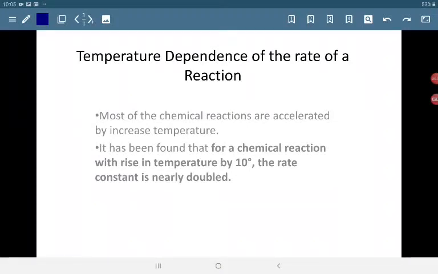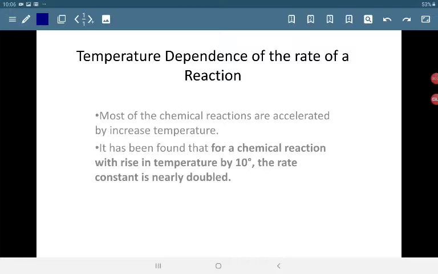Today you will study about temperature dependence of the rate of the reaction. Most of the chemical reactions are accelerated by increasing temperature. Means by increasing temperature, rate of most of the reactions increases. It has been found that for a chemical reaction with rising temperature by 10 degrees, the rate constant is nearly